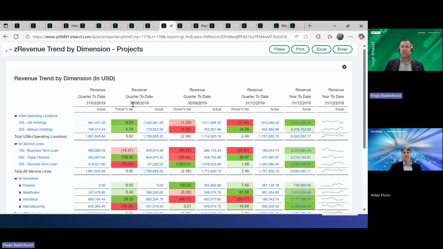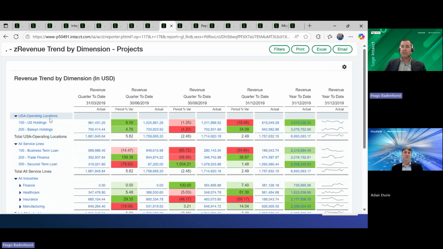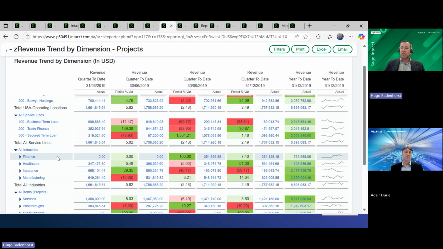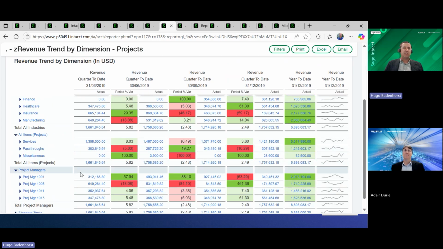Now, essentially looking at some of our dimensional objects that we use to slice and dice the data on our dashboards, there's one, a revenue trend by dimension, by project. So in this instance, I've got quarterly revenue going across, and you can see going down, different aspects as to how we measure the revenue, and each time, just portraying what we've achieved for that. So looking at our operating locations, we're looking at service lines, different industries, different projects or items that we've got there, and project managers. So for these type of organizations, you always have the ability to look at your data